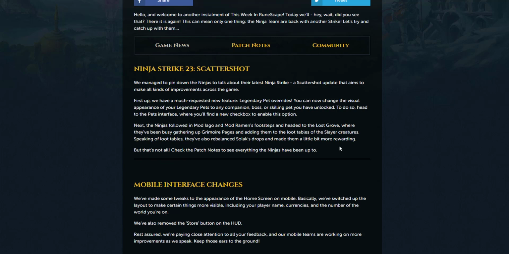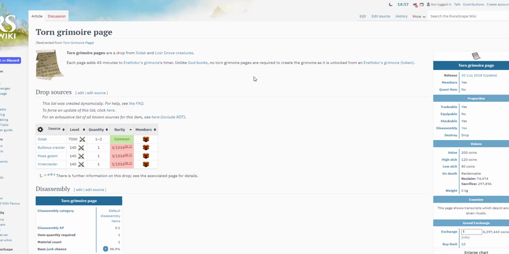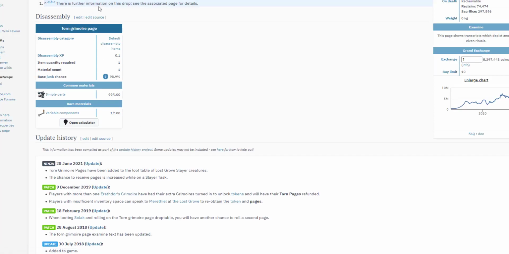Anyway, next up it says that the ninjas followed in Mod Lego and Mod Raymond's footsteps and headed to the Lost Grove, where they've been busy gathering up Grimoire Pages and adding them to the loot tables of Slayer creatures. So, that's an interesting one. On the RuneWiki here, we can see that aside from Solak dropping 1 to 2 commonly, you can now get them from bulbous crawlers, moss golems, and vine crawlers at quite a rare drop rate of 1 in 1,536. I don't believe there's anything else associated with this,